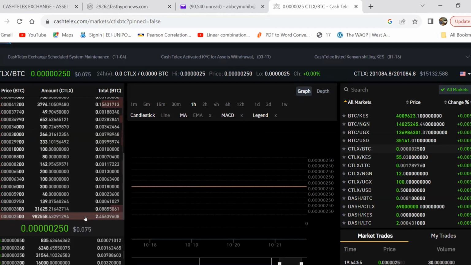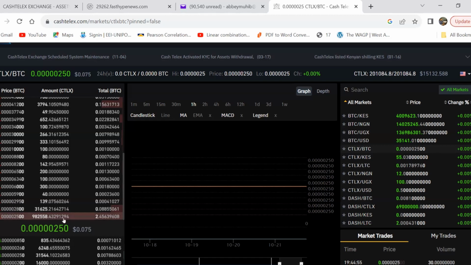So look at this total BTC. Let's say I have this total BTC in my account. I'll just come here and see the total number of CTLX that this total amount of BTC will give me at the rate of this